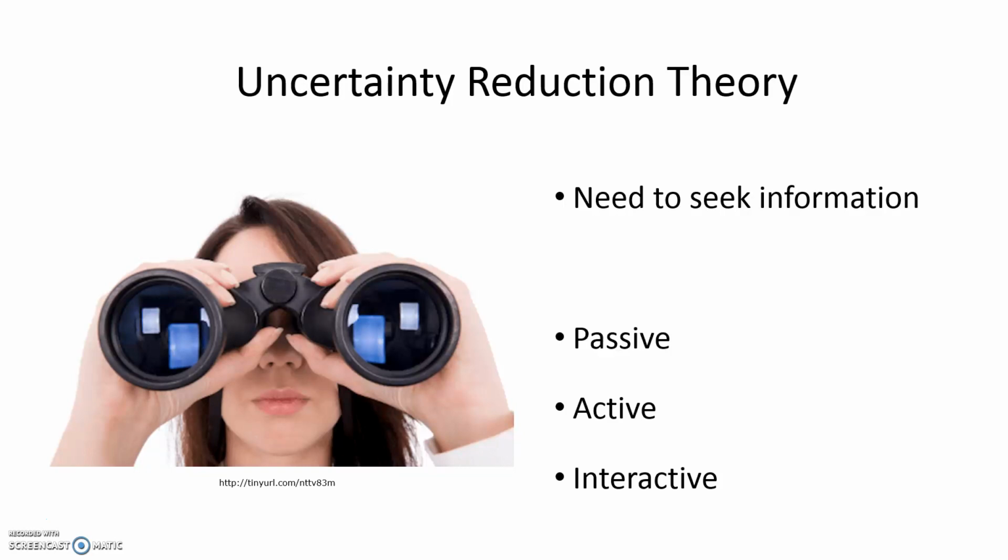In the active approach, you are being more direct, but you're not being more direct with that person. In particular, you might be asking a friend and saying, hey, do you know person X? Can you tell me more about them? Again, you're being more active in your approach, but you're not getting information directly from the source. And then there's interactive. In this case, you would actually walk up to the person and get to know them. Hello, my name is, let me know more about who you are as a person.